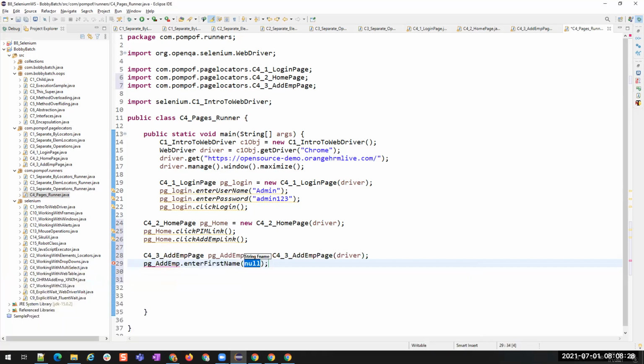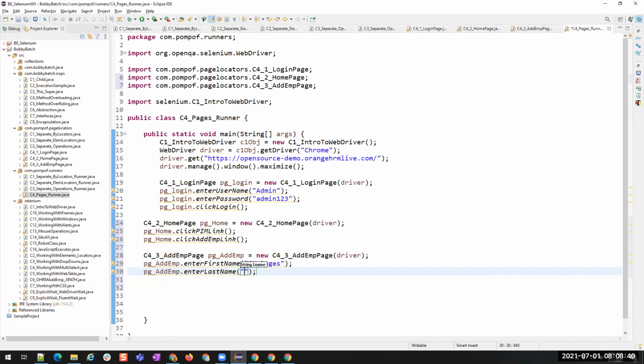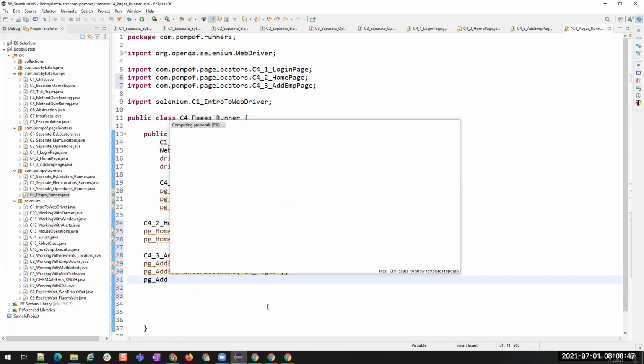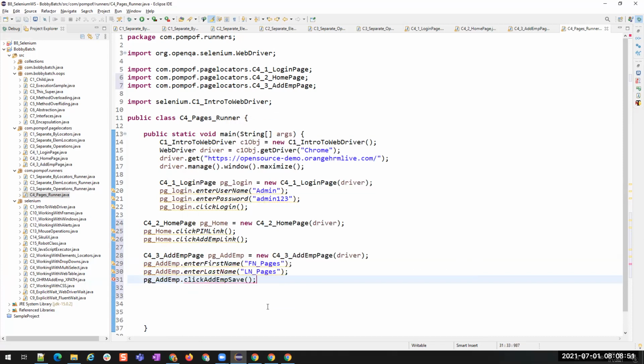We'll enter the first name, fn pages, and pg_addEmployee dot enter last name, and then you will say add employee dot add employees.